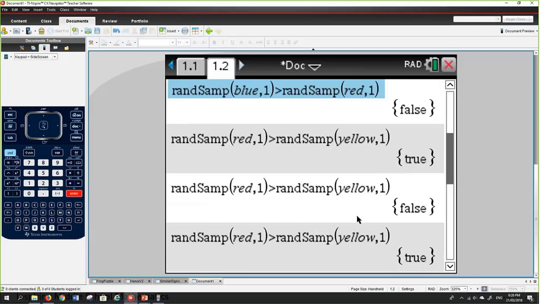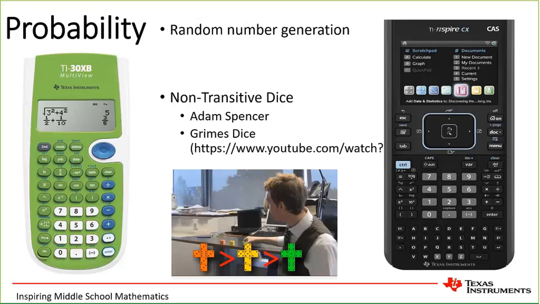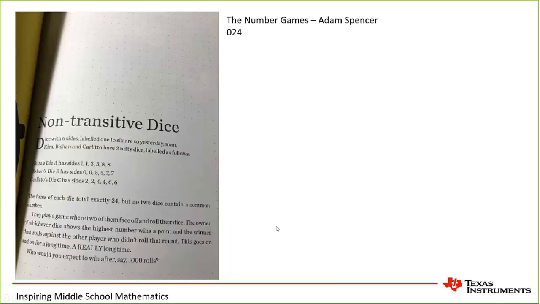So that was something there, and interestingly, with Adam Spencer, he's got this activity in his latest book called The Number Game. Not wanting to plug Adam Spencer, but it's a really good book. And it's one of the activities, number 24, and he's got 3 dice in there that he calls die A, die B, die C, and they're different numbers again. So you could ask the students to have them face off and see, well, okay, who does win in that